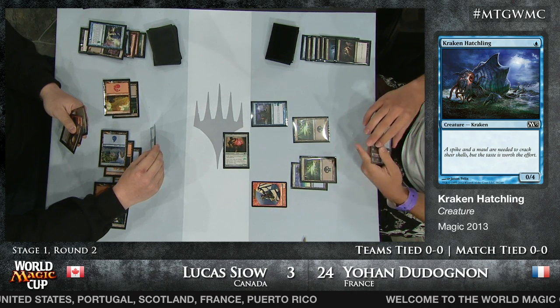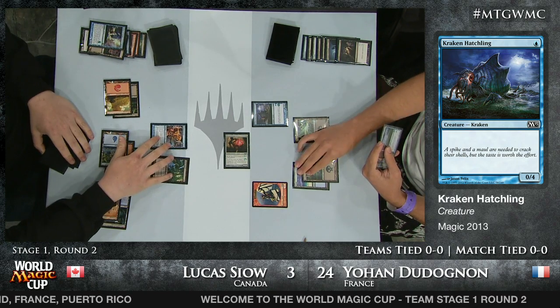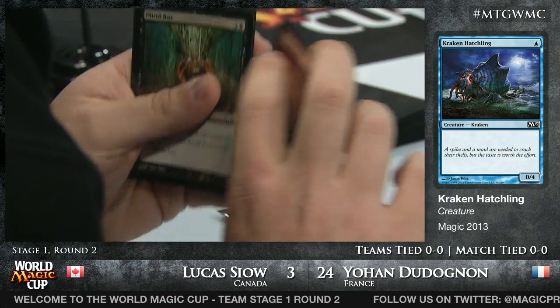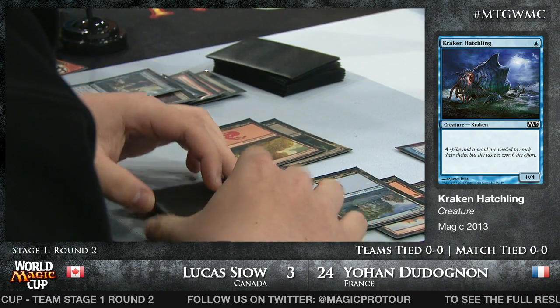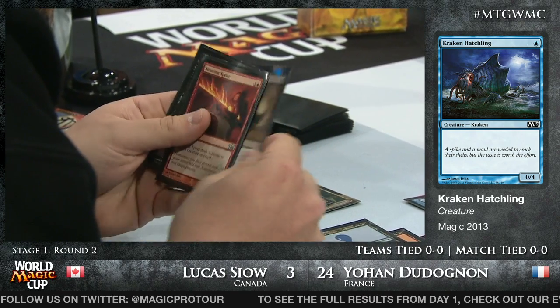Contemplating the double block. He can't take the hit. Mark, should I double block? He's asking the team. He has to just double block, doesn't he? Well, I mean, what's he gonna do if he has a murder? He's gonna chump block, I feel, and then get double one of his blocking guys. Not correct, but...